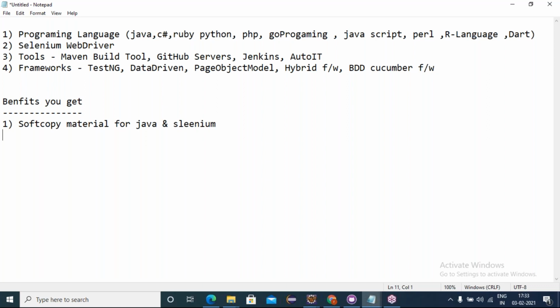The second benefit is you'll get recordings of your current batch, with view access for 1 year. Of course, it's 6 months, but on request basis I can do it for 1 year. View access will be there, not a problem. It's view access and source code.